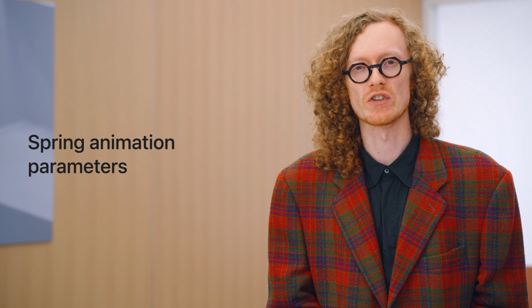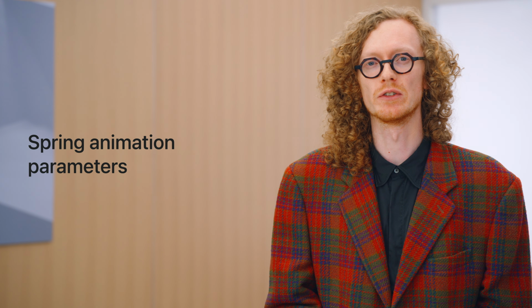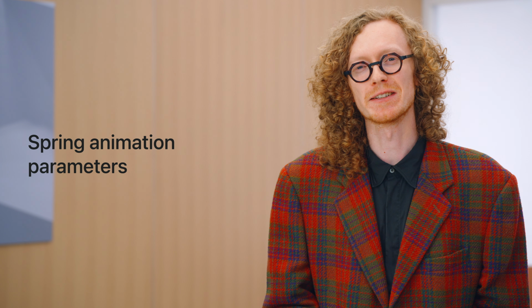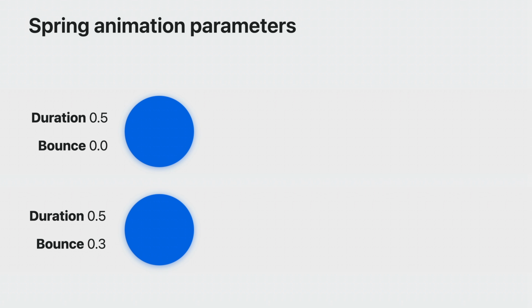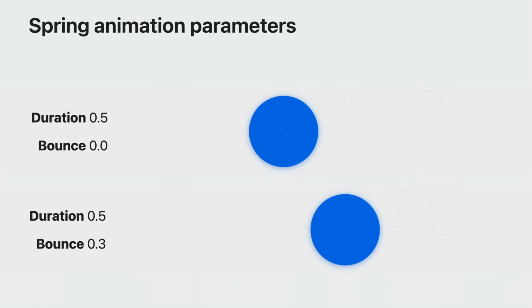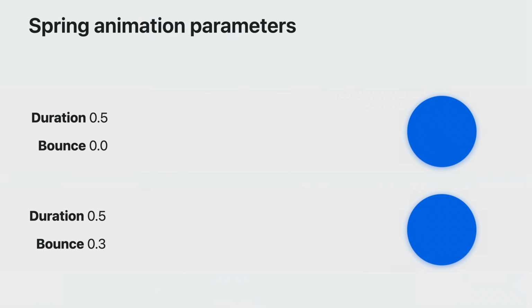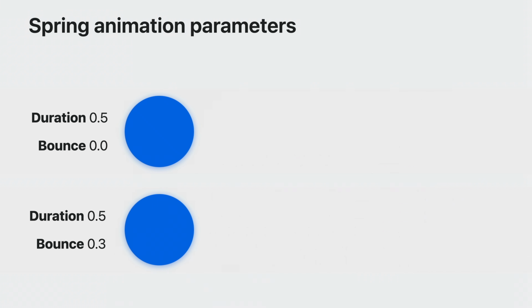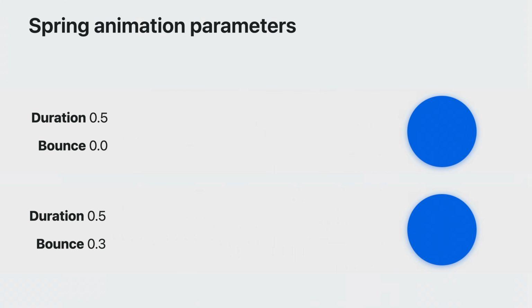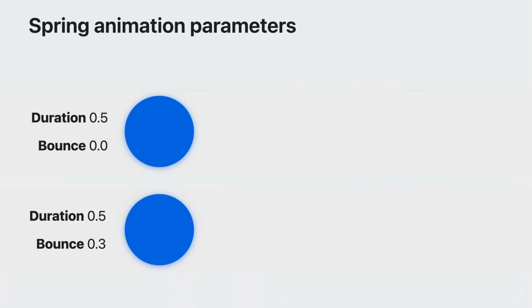Next, for Spring animations, we've been refining a new way to specify parameters that is easier to understand and to work with. It uses just 2 parameters, duration and bounce. The duration defines how long until you perceive the Spring animation to settle, not how long the animation takes to fully complete. And it is independent of bounce. Increasing the bounce from 0 adds bounce to the animation, without changing how long the animation feels.